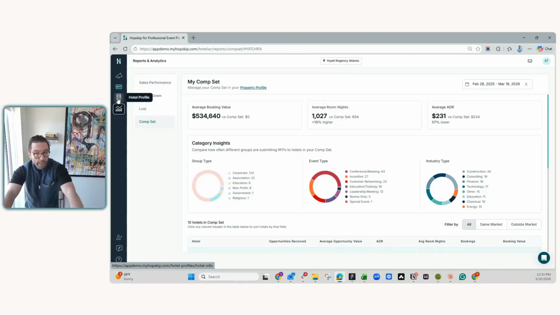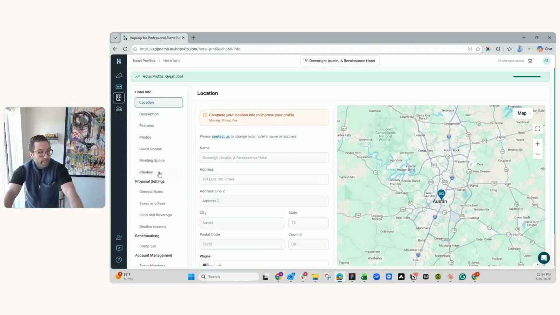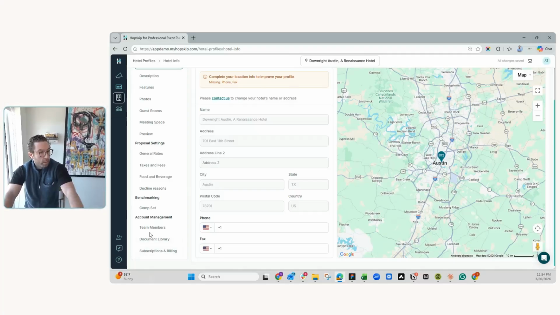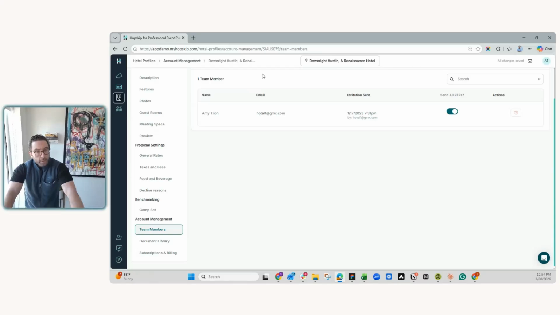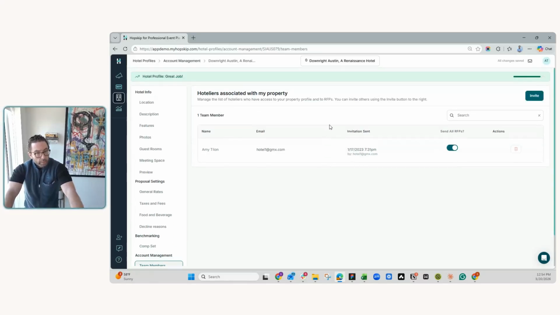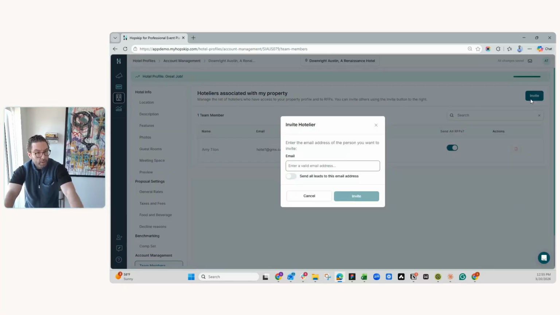I'm going to just jump back to the last tab here before we start wrapping up. Team members. Since I spoke about this earlier, I didn't want to leave anyone hanging. So this is where, as I mentioned, you have unlimited seats or user accounts under each hotel profile that you can use, right? Many hotel sales teams will have between 2 and 10 sales team members with Hopskip accounts. To invite a team member, you simply click the invite button in the top right, enter that email, and then